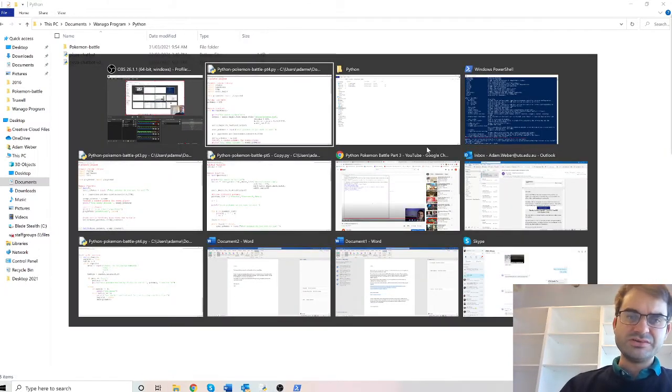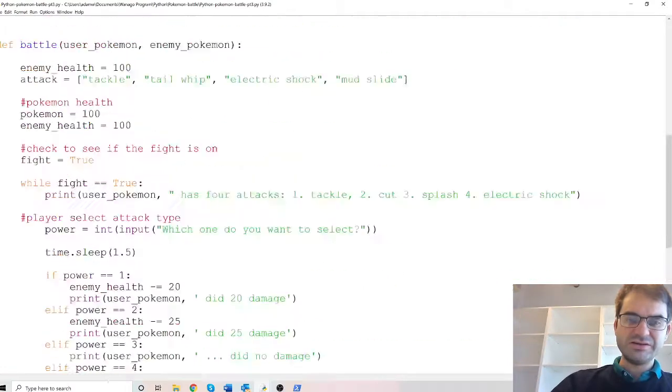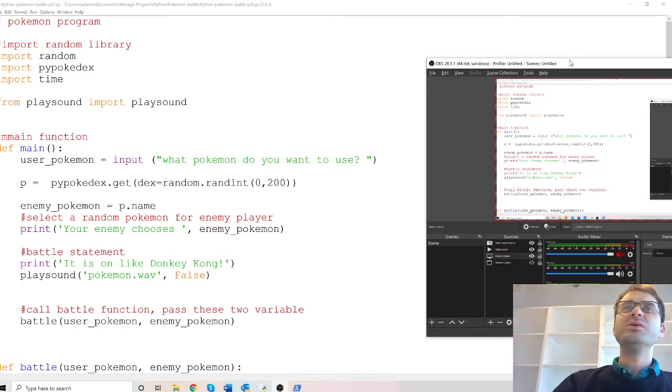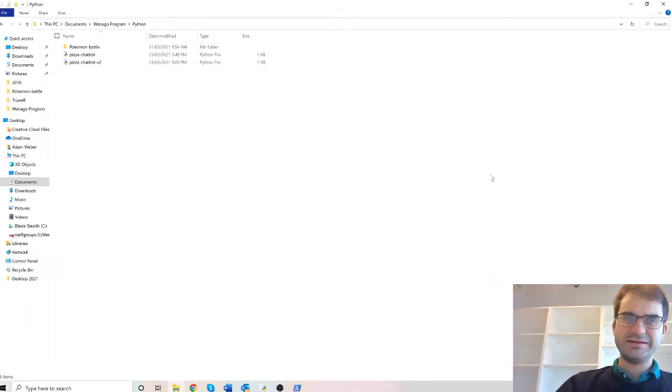To the program. So we've got part 3, and we've added the audio. We've added a Pokédex. It's been pretty cool to see all of this, and we've even added time in here so that it's going to slow down a little bit because Pokemon doesn't go like that. There's a little bit of time to catch your breath, and that's what we've done here. Well, we're going to do a couple of interesting things here, and the first thing that we're going to do, if I can get it to the right screen, is